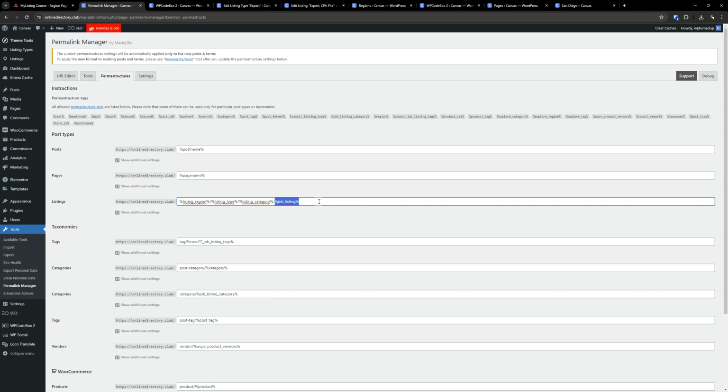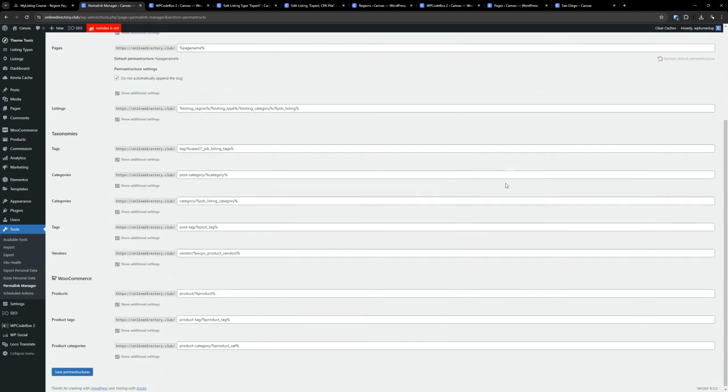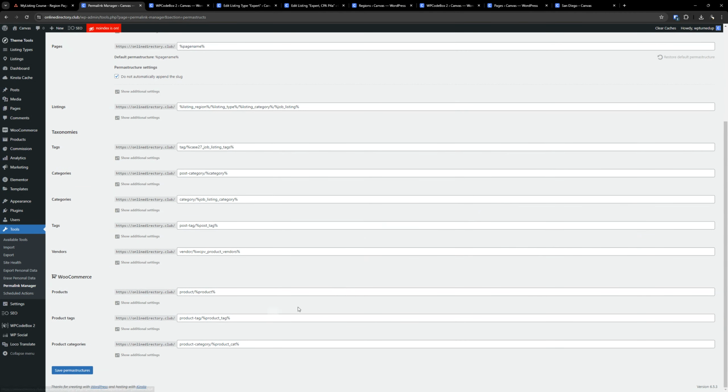Some people don't like to have URLs this long. In this day and age, shorter URLs don't really matter. The more granular, the better in some cases, right? Sometimes it's a preference of people. They just don't like those long URLs. Totally up to you. But we're going to save the permalink structure here,